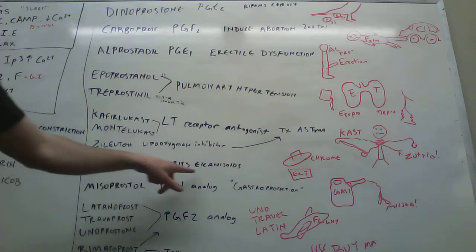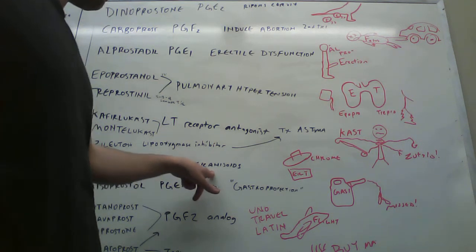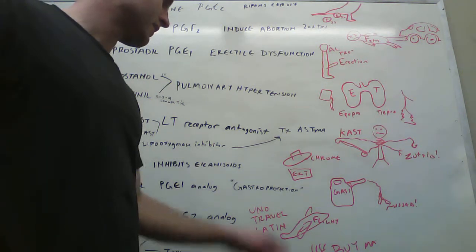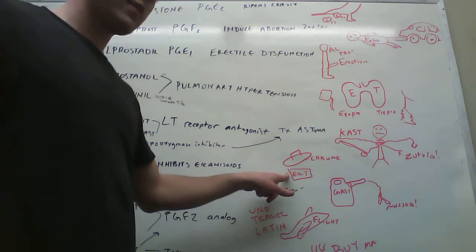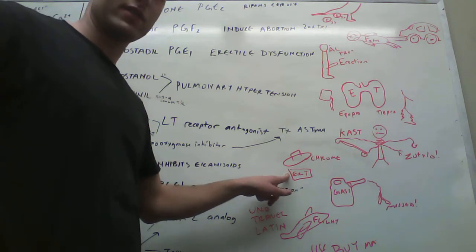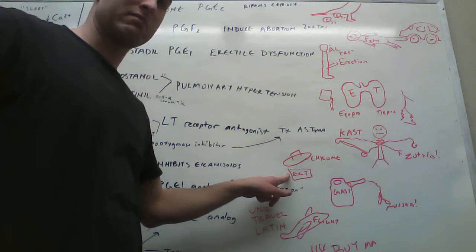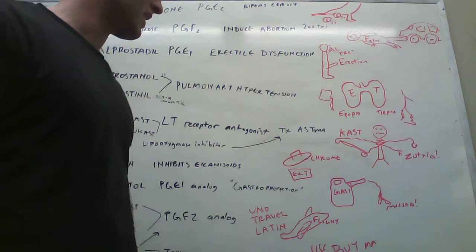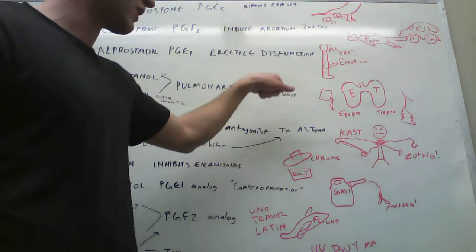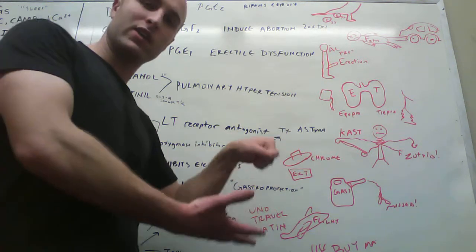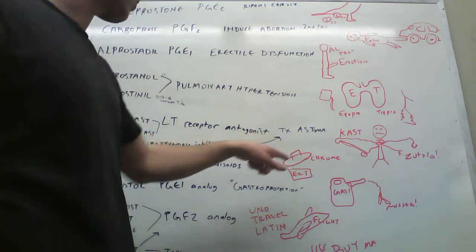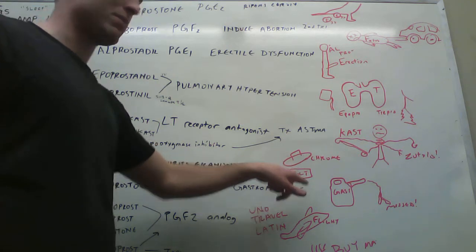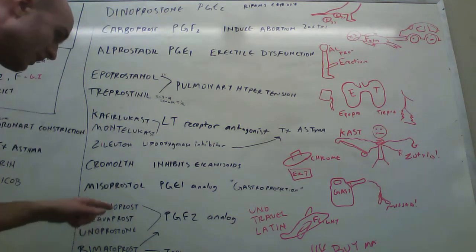Cromolyn inhibits eicosanoids. So for this one, I have this garbage can full of icky eicosanoids, icky whatever. Icky kind of sounded like eicosanoids to me. And there is a chrome trash can lid inhibiting the icky trash from coming out. So chrome for cromolyn and inhibits eicosanoids. It's being inhibited by being put in the icky garbage can. Next,